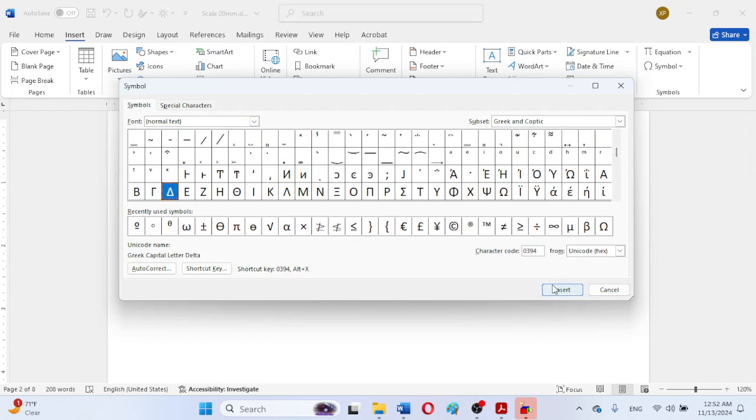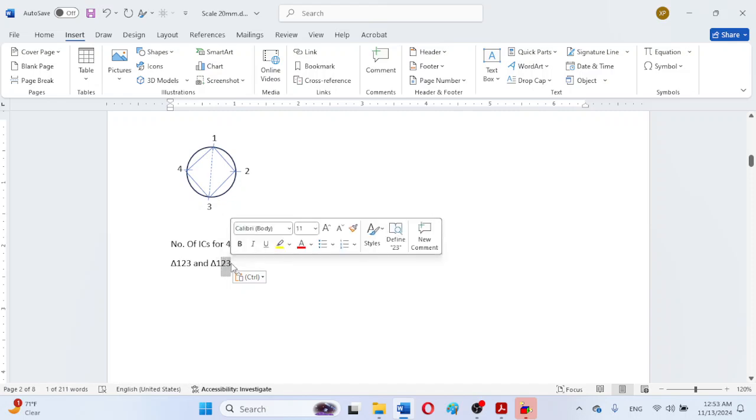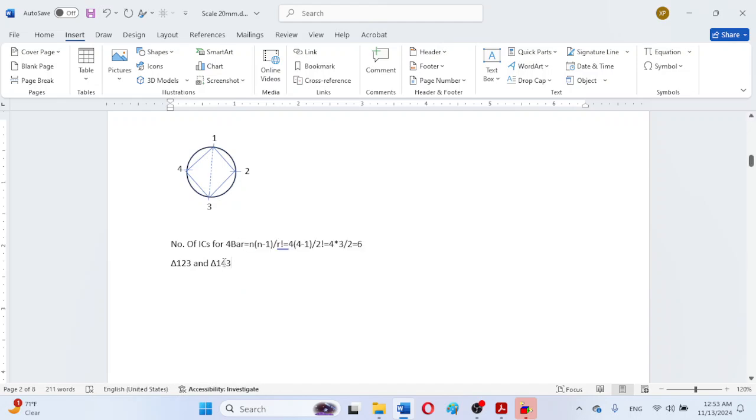So here, for example, we can say that we will be using these two triangles that have been separated by the connection of link number 1 and link number 3: this triangle 1 2 3, and the same triangle, for example 1 4 3 or 1 3 4, that can be written in any order. So in these triangles we will be